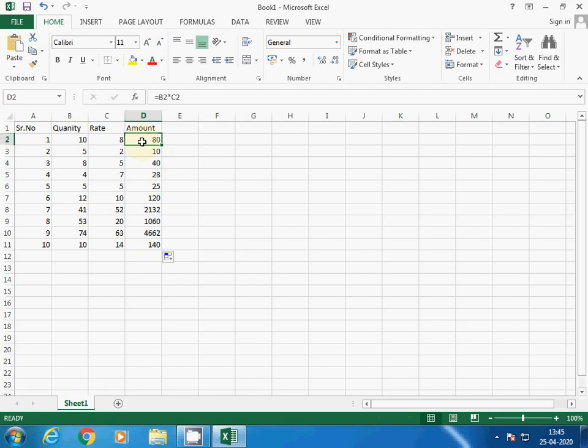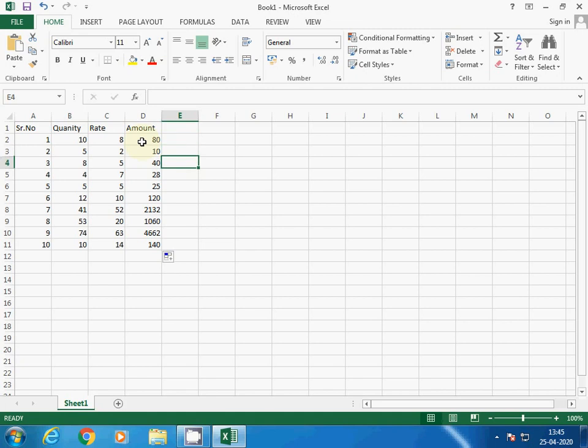When you complete this work, you may find that whenever you select the cell, the formula bar displays something like B2 into C2. B2 is one cell and C2 is one cell. This is called a cell reference. When we take B2 or C2, that is called a cell reference. In Excel you can use it whenever you want to perform such calculations or use formulas.